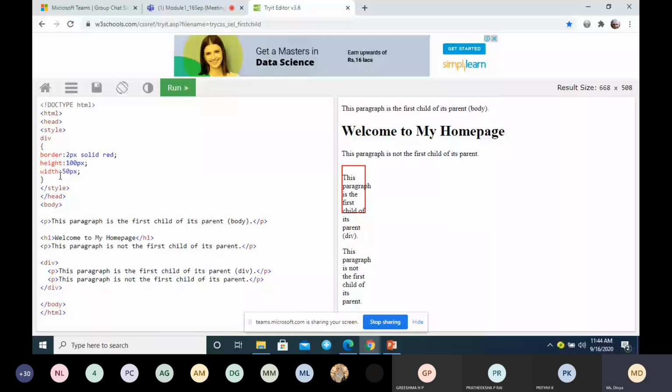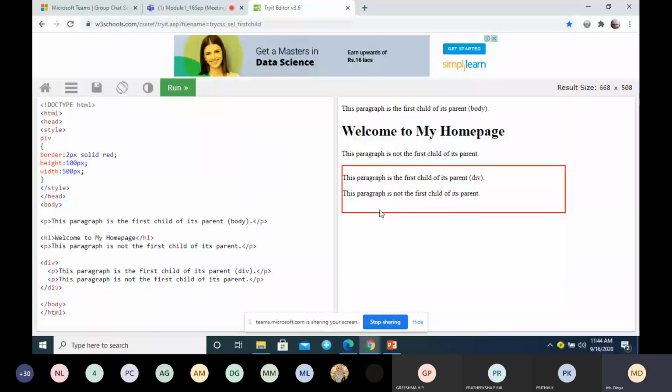If I give height more than 50, it will get adjusted. So this is the height 100 pixel and width is 500 pixel. You can keep it as 300. Like this you can adjust the height and width.